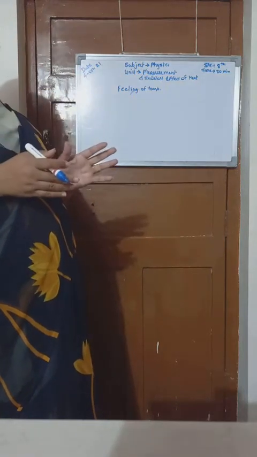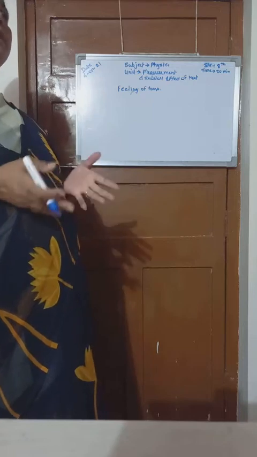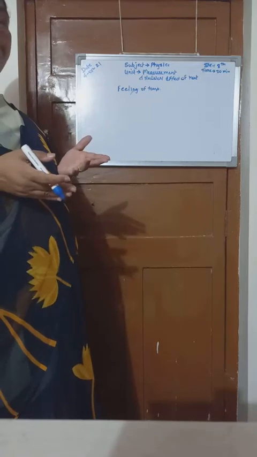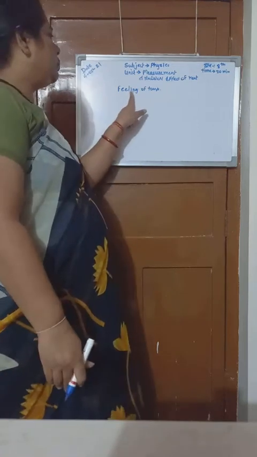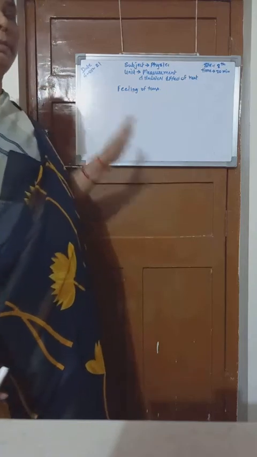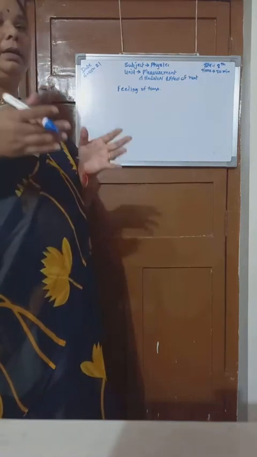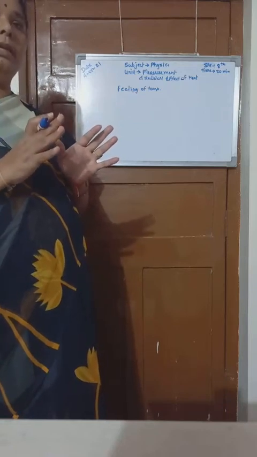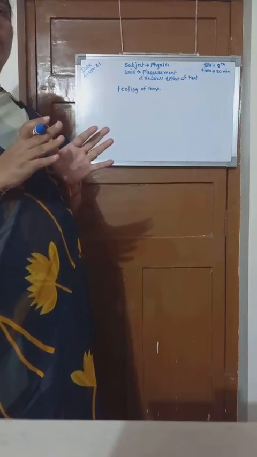If we sense any hot object and any cold object, then we can say it is hot or cool. But in some cases we can't say it is hot or cool. Our approximation result gets wrong. Then we have to prove this by the following experiment, that we can't say the temperature of a particular object. It may be wrong, according to this experiment.